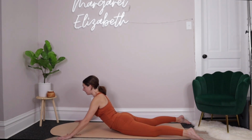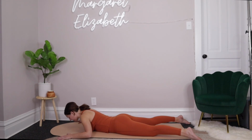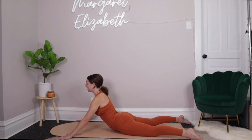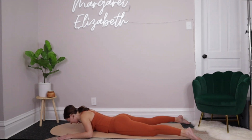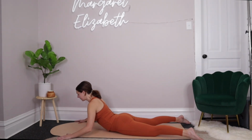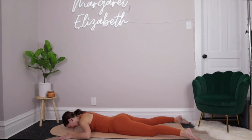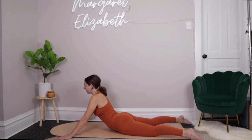Inhale as we slowly lower ourselves back down towards the mat. Your chest comes down, your head comes down, forearms come down. Good. Big exhale, we press up. Inhale as everything comes back down. We go for 2. And then last one. On this one, when you press up to the top, you're going to stay right there,